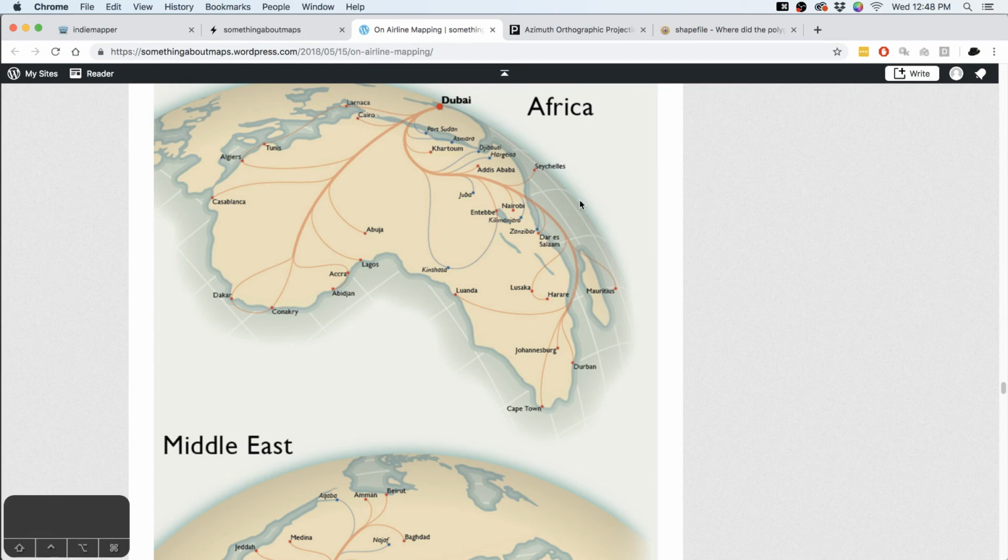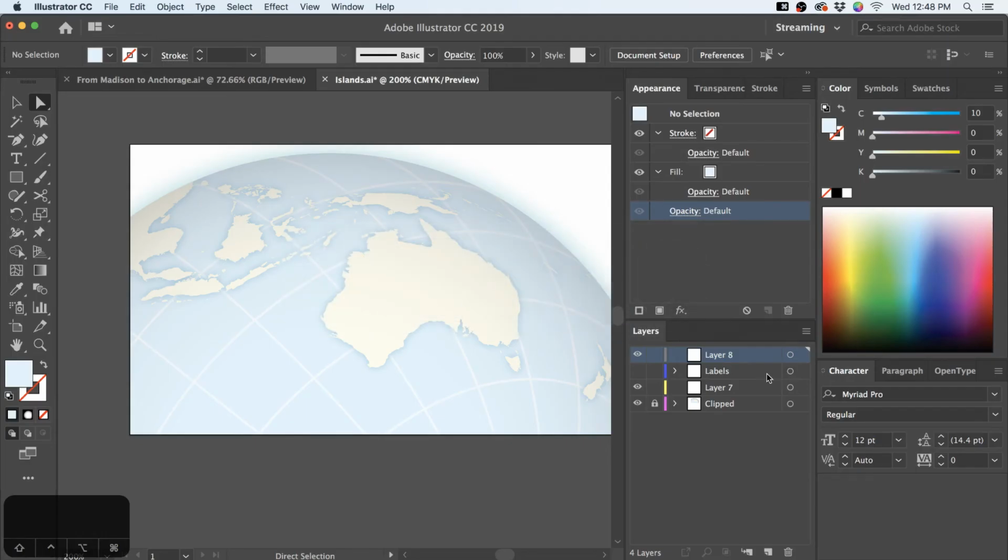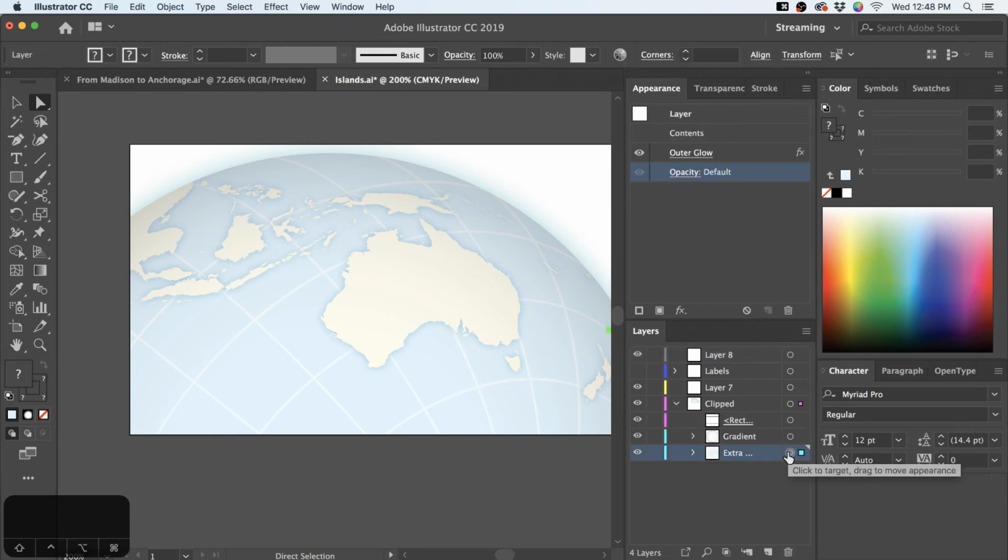So Ellie's question is, she's had issues in the past with glows weighing down her AI file. Yeah, that's a good point. Glows can really slow stuff down. One of the things I make use of a lot, and I thought about it before I rotated this whole thing, is turning the glow off temporarily while I'm working, because when you do transformations and translations, it wants to redraw the whole glow.